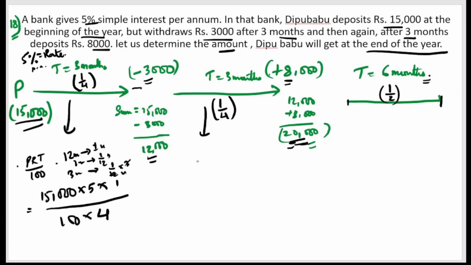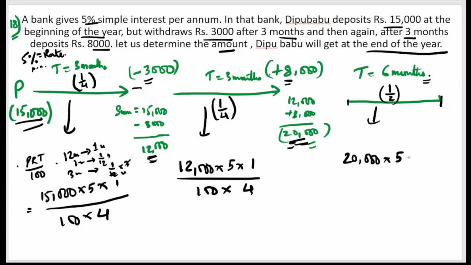The interest in this case will be PRT over 100. This is the principal, 12,000 in this case, into R into time. Time is 1/4 of a year. This is the interest, and here interest will be 20,000 into 5 rate into time period is half year, so 6 months. So when you add all this together, you will get